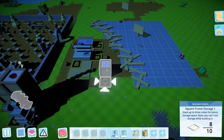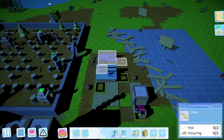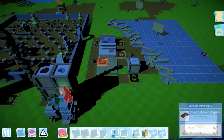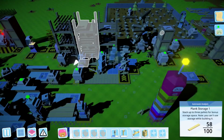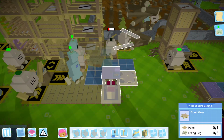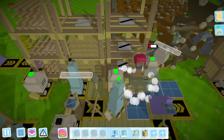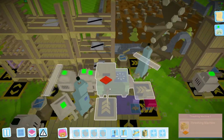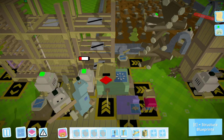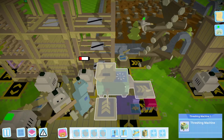Panel. I just need to automate the construction of basically all of these. You there. Give me a pen. You. I need 4 planks. It never ends. Okay. Wow, that's an interesting animation. Good gear. Good gear go in there. In there. Get me threshing machine. It's getting a little congested right here, but just for the sake of things. We're gonna see